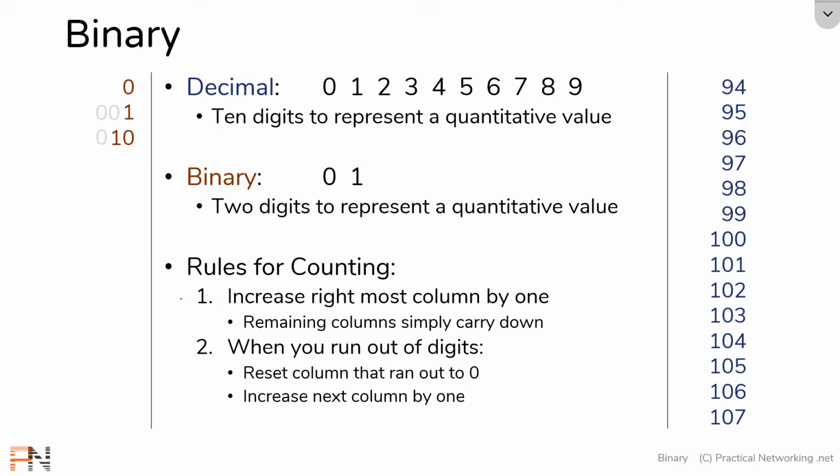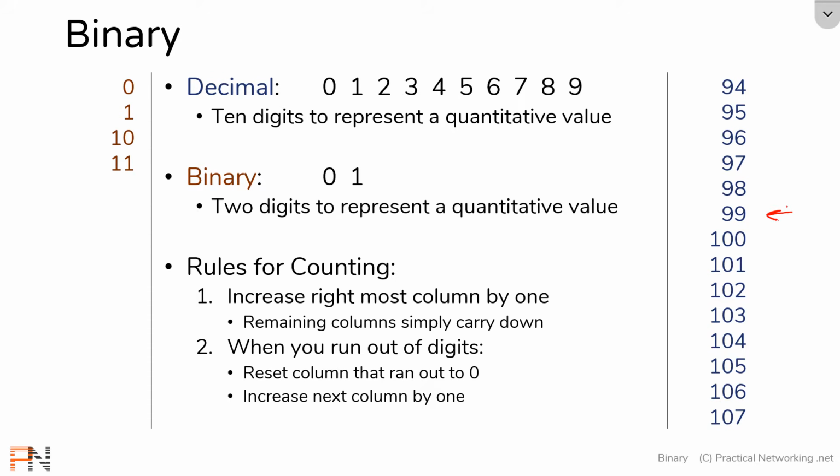Then from here, we can simply continue with step 1, increase the rightmost column by 1, so this 0 would then become a 1. And since we incremented a column, everything else would simply carry down, which would be this 1 over here, bringing us to the binary value of 11. And at this point,